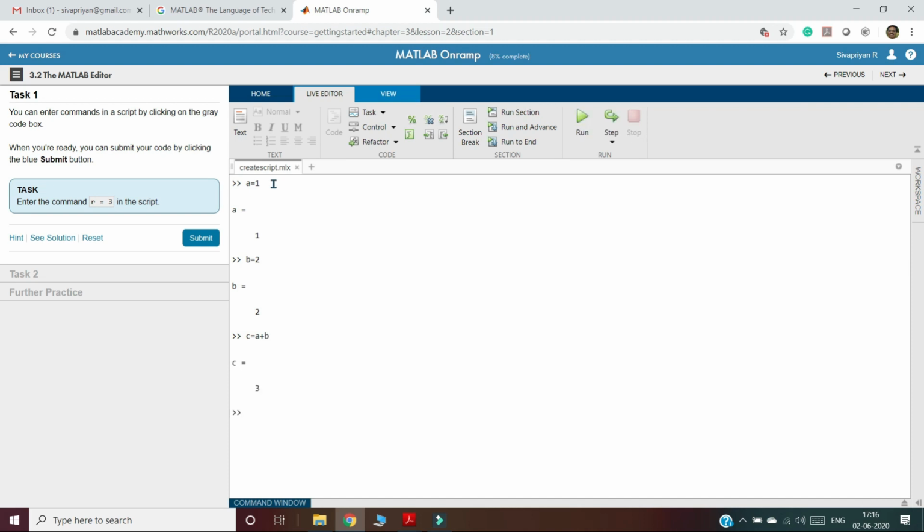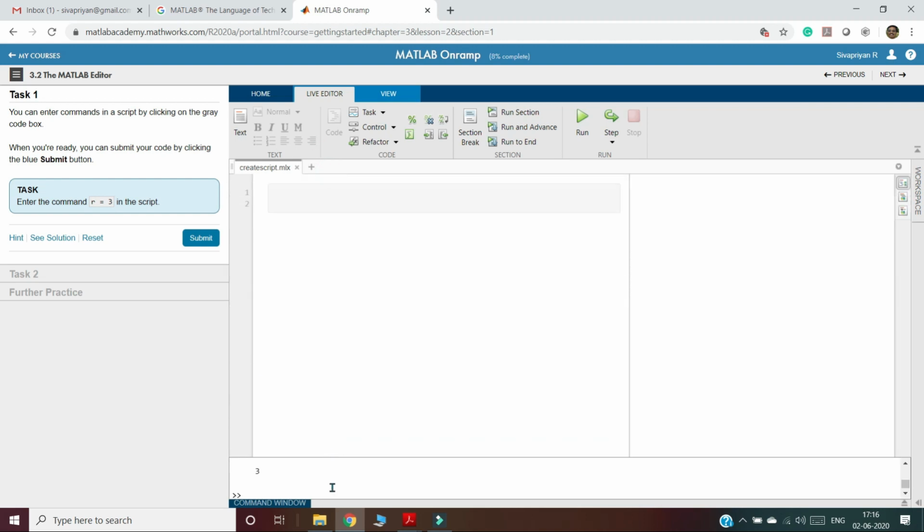Like that we practiced only in the command window. So this is called a command window. This is just to understand the MATLAB basics, so we can get familiarized with the commands. By adding multiple commands we can write a program. So to write the program we need the editor.